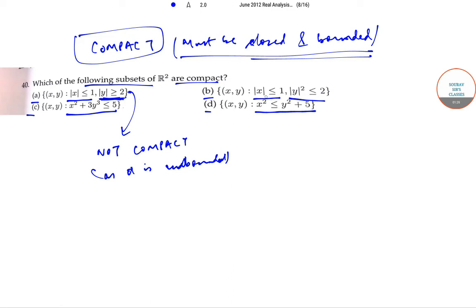Now option B, this is closed and bounded both. Thus it is compact. Option C,